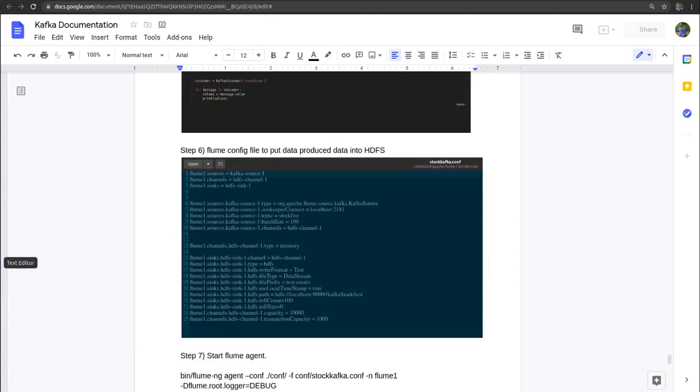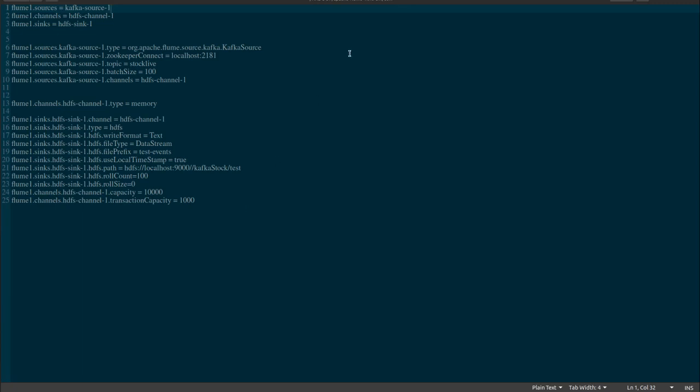And then this is our Flume configuration file. Here we have set the source as Kafka source 1, channel as HDFS channel 1, and sink as HDFS sink 1. We are using the source type as Kafka source because we are getting the data from Kafka.